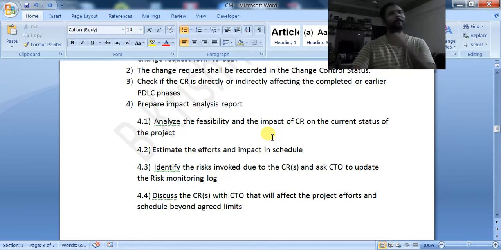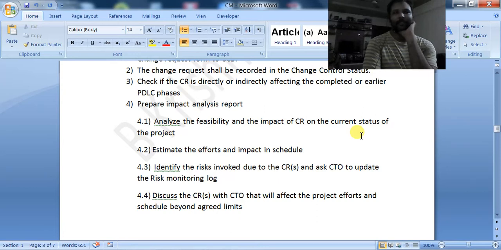They will analyze the feasibility and the impact of the change request on the current status of the project. They will check whether it is in the coding phase or the testing phase. Suppose it is in the testing phase, then what areas will this change request affect or impact?